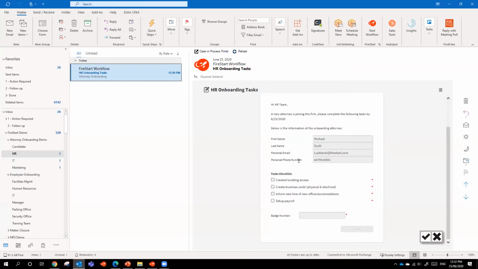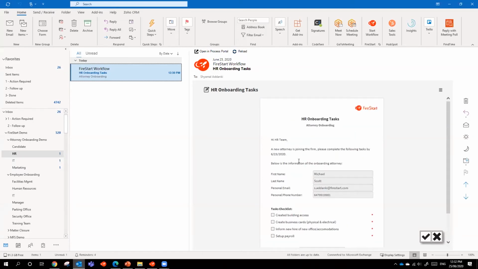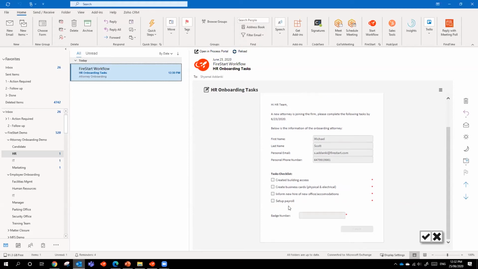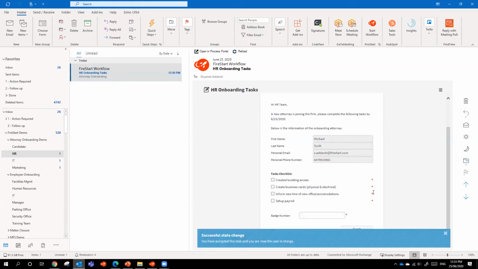Now, this is an example, again, of a form that someone like HR might receive. It says we've got a new attorney joining the firm. Here's the information that you need to know, and here are the things that we need you to do. Now, this is an example where automation isn't everything. This is an example where I'm going to go in and say, okay, I know what I need to do. I have the